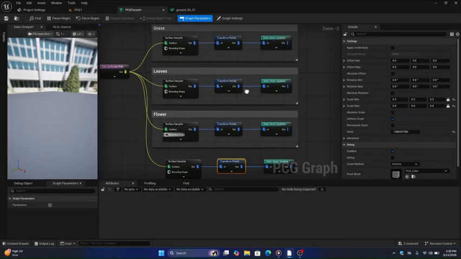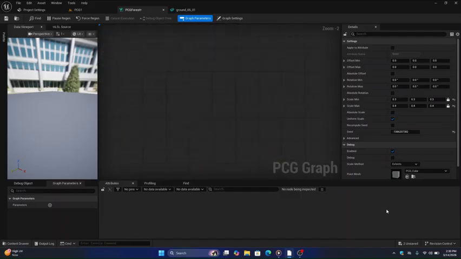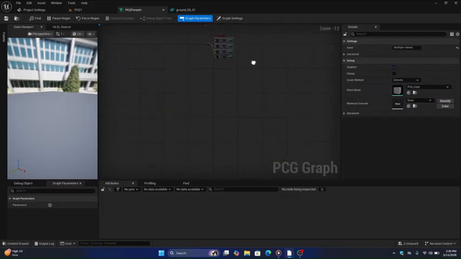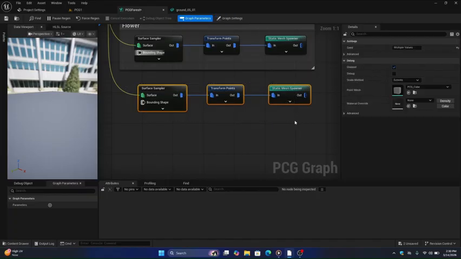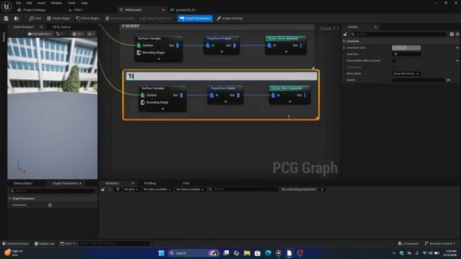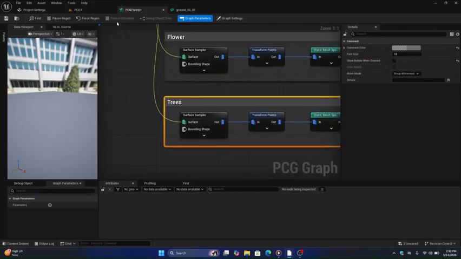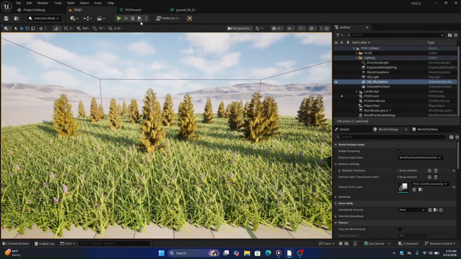We should go with this and also do the same thing, select all. Sorry, select all and then press C, and then go with trees light. And we are almost done with these things. So now we have to